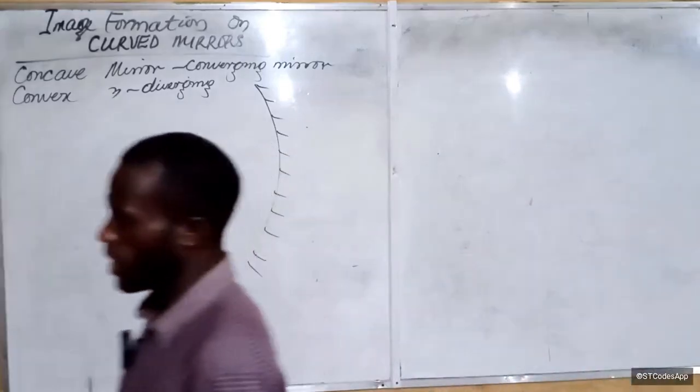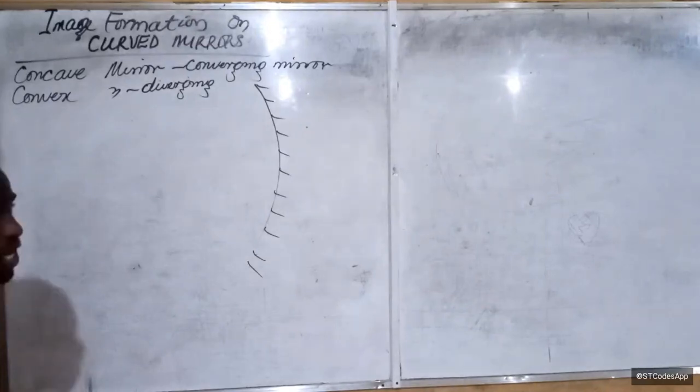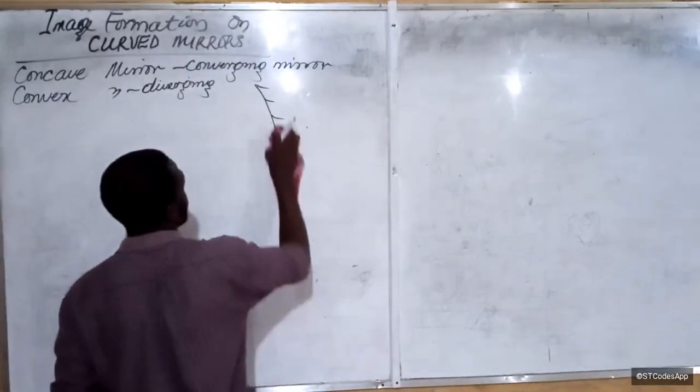Now, in order to form images on a mirror, the following rules should be noted in order to know the image formed on a concave mirror. We have the rules. The number one rule is this: